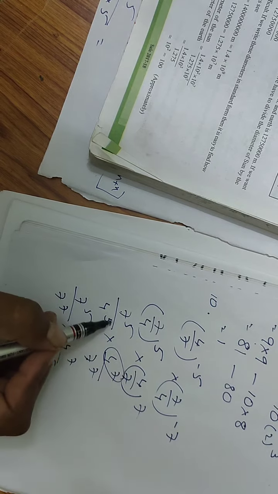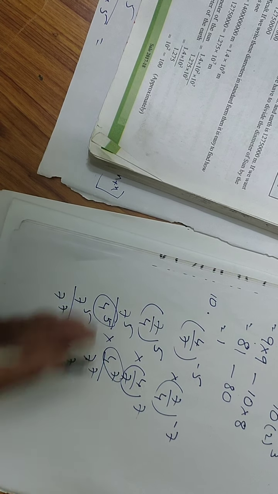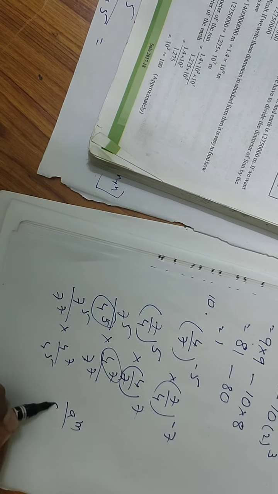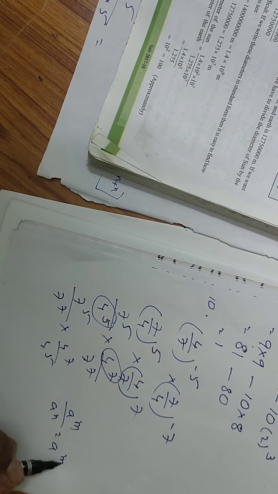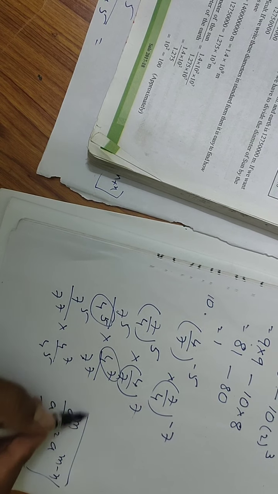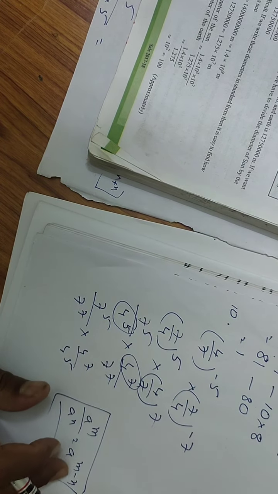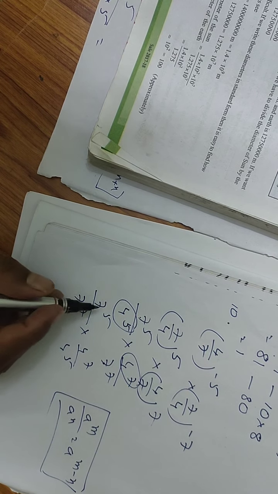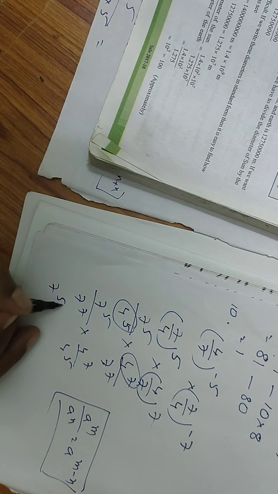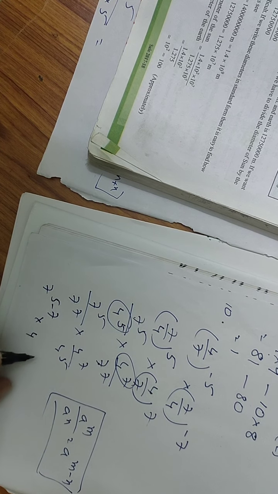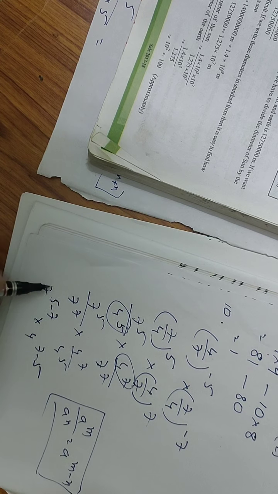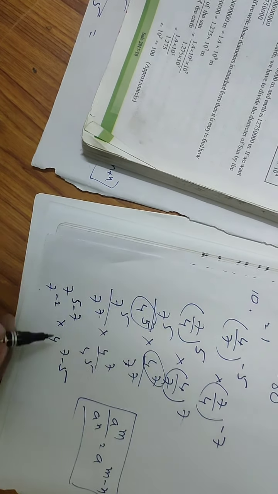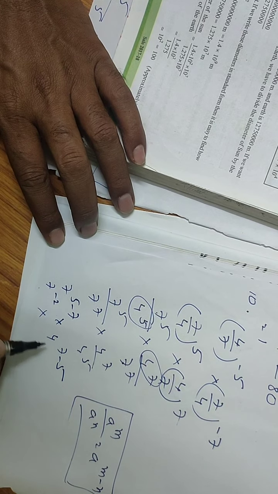So this 4 power 7, 4 power 5 I wrote on one side, 7 power 5, 7 power 7 I wrote on another side. You have one formula: a power m by a power n is equal to a power m minus n. If n is greater than m, then 1 by a power n minus m will come. Now what you have to write is 7 power 5 minus 7 into 4 power 7 minus 5. So 5 minus 7 is how much here? 7 power minus 2, into 4 power 7 minus 5, how much?